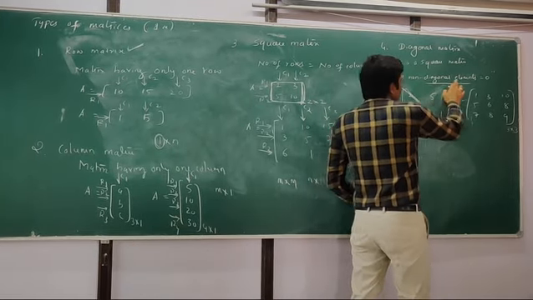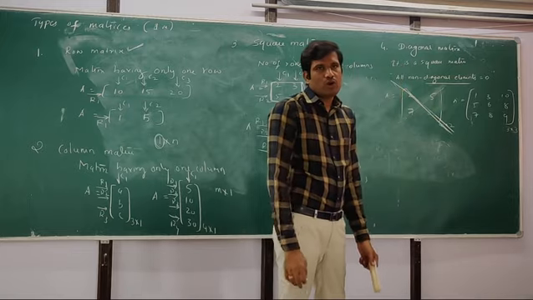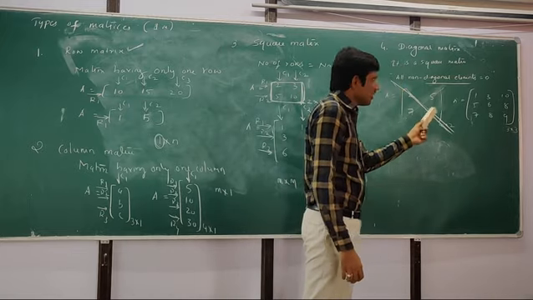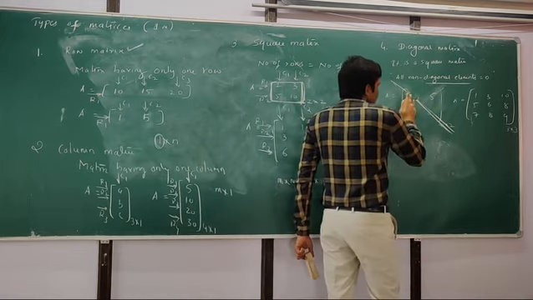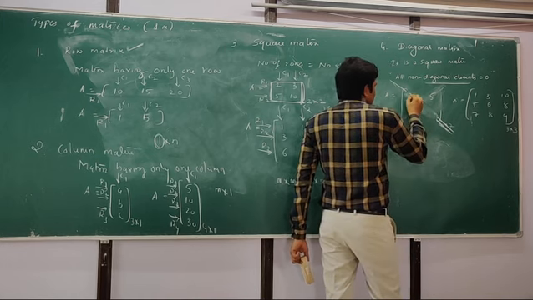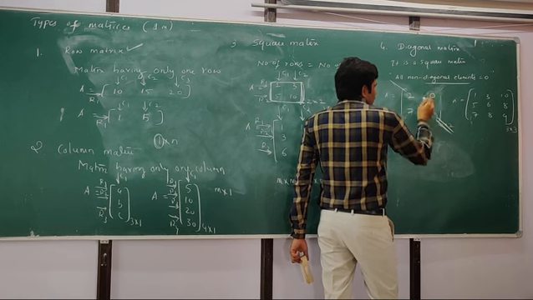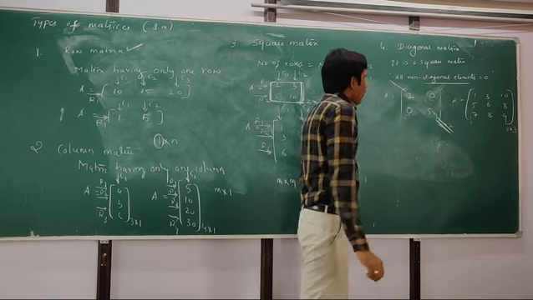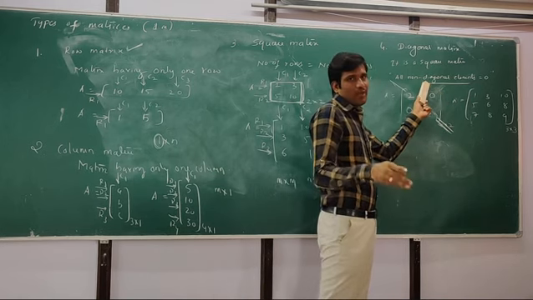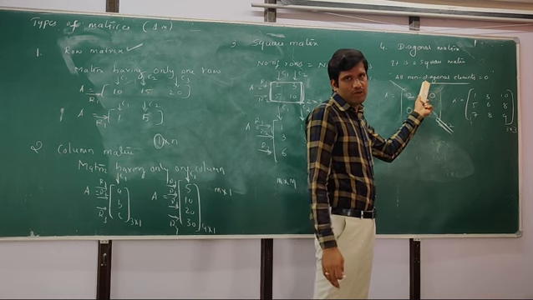So all non-diagonal elements are equal to 0. Meaning, the elements other than diagonal elements must be 0. So the elements presented in the diagonal, let us say they are 2 and 5. These elements cannot be 0. The rest, these 2 elements, must be 0. All non-diagonal elements, meaning elements other than diagonal elements, must be equal to 0.